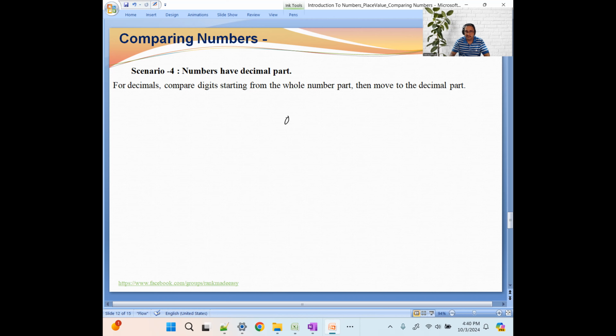That is 1. You need to move on the left side, right? Then 10, then 100, and so on. Because decimal represents the part of 1, decimals are placed on the right side of 1. And the first place value on the right side of decimal will be tenths, hundredth,